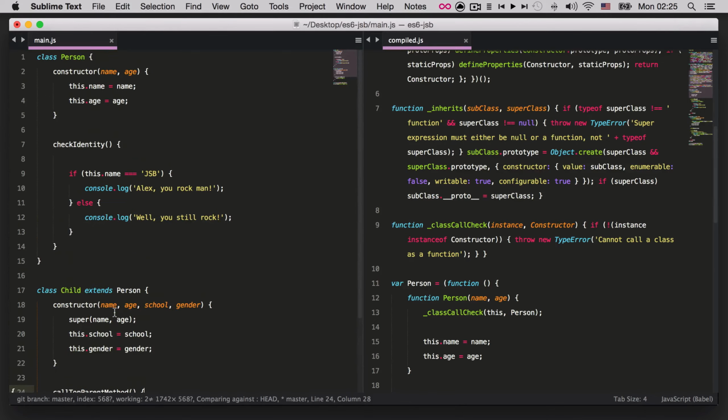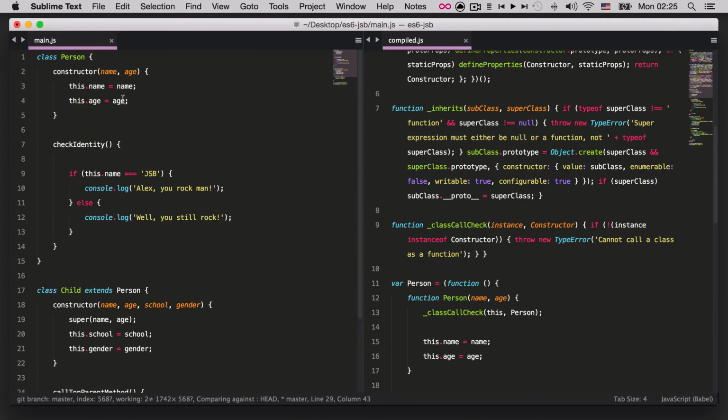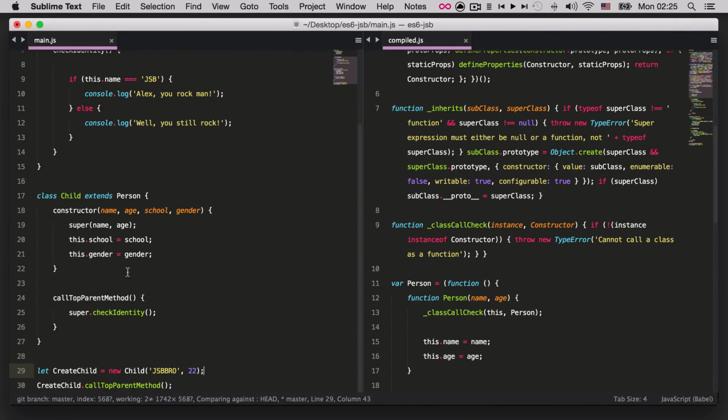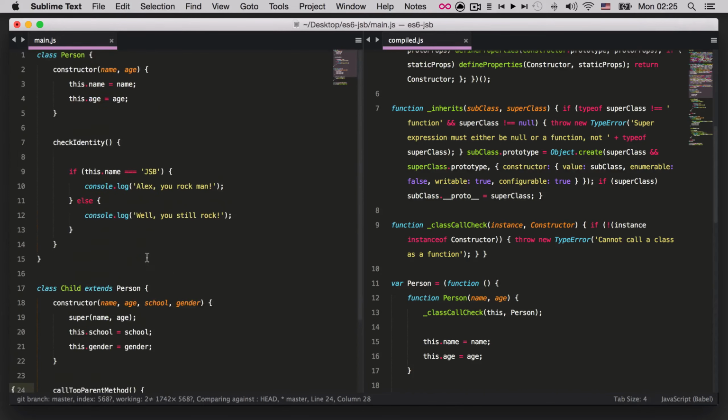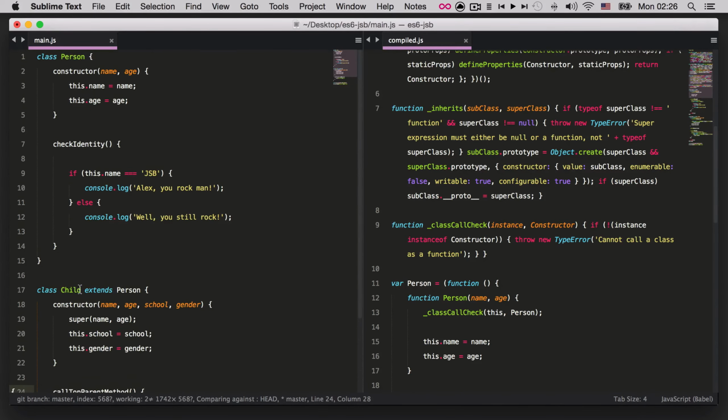Constructors are called, executed, or fired up as soon as the new keyword is presented followed by a class name. So as soon as we call something like this, we are executing our constructor and building up stuff. As well, you can hard code things in the constructor. So instead of passing stuff here,